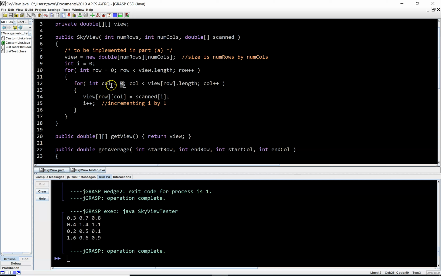I want, when I get to the second row, which would be row 1, I want col to start at the end, not at the beginning. So I'm thinking here, and I'm going to try it. I don't know if it's going to work, but that's, again, the whole point. I'm going to use a while loop here. While col is less than, I'm actually just going to use num cols. While the column number is less than num cols,